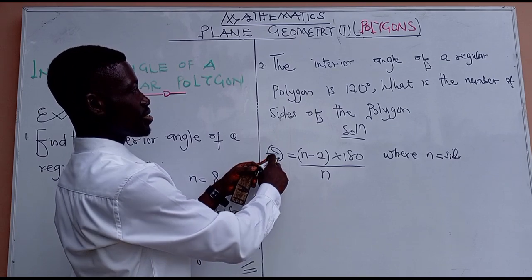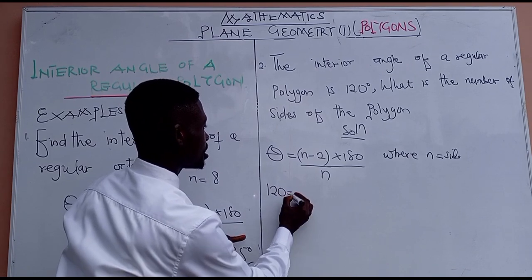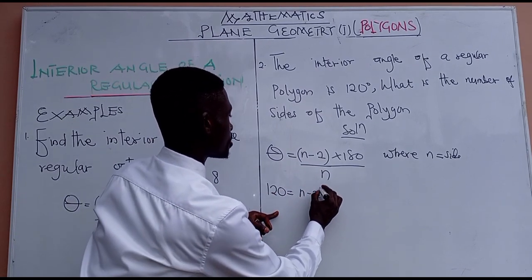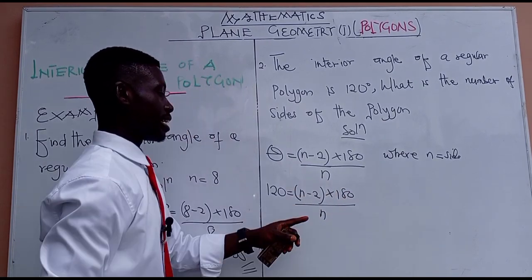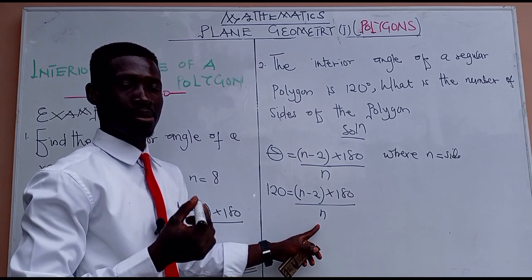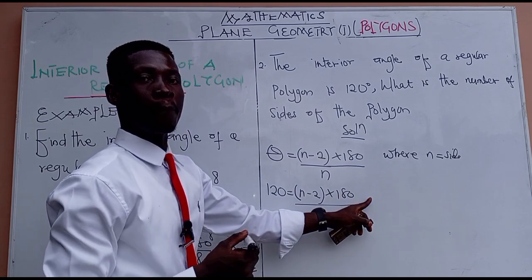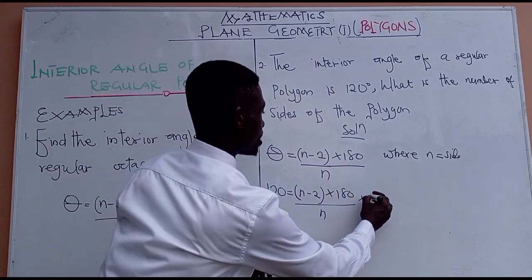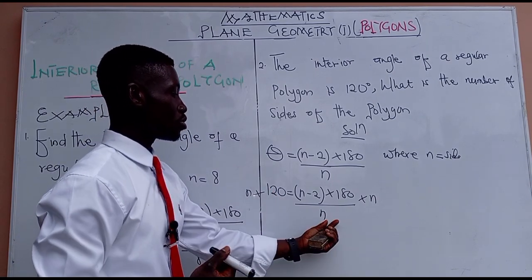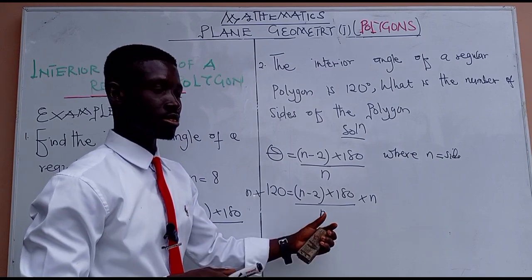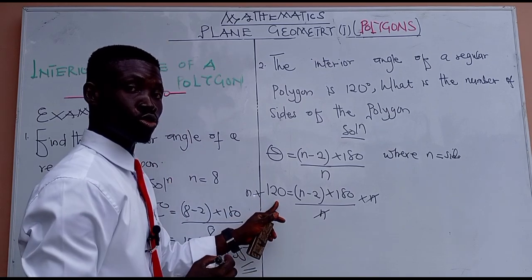But we know that the interior angle has been given as what? 120. So we can say that 120 is equal to (n minus 2) times 180 all over n. The n is what we are looking out for, that is the number of sides. So we multiply both sides of the equation by n, because we want to do away with the fraction, so that this and that will go. We are left with n times 120,